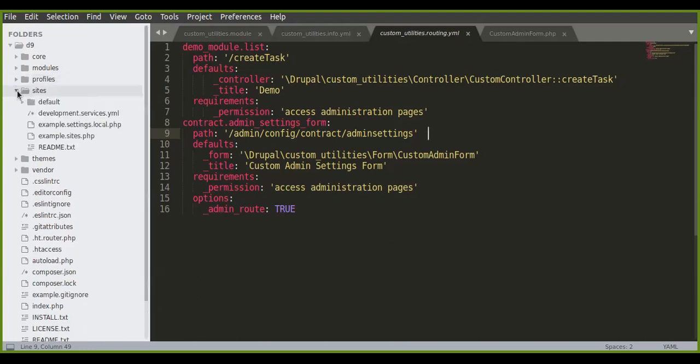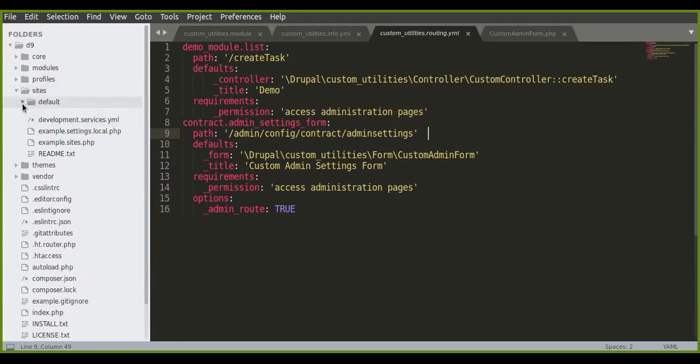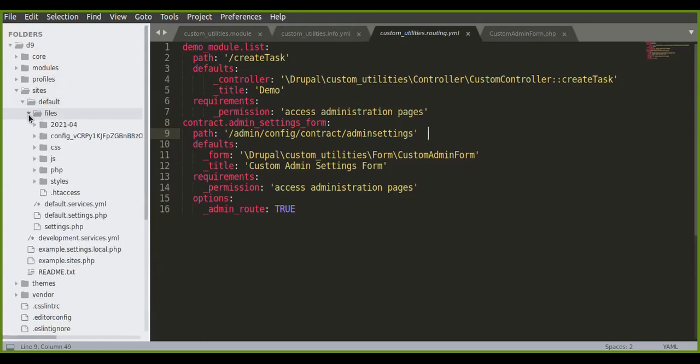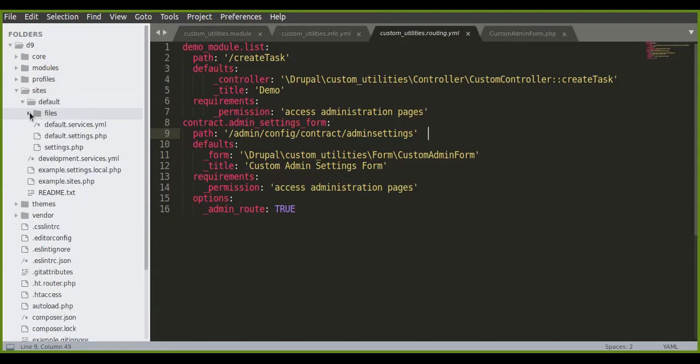Then the sites folder. Under sites, we have a default folder, and within that we have a files folder. Whatever attachments and media content we have created will be uploaded to this folder. Then we have settings.php, where all the database configuration lies.